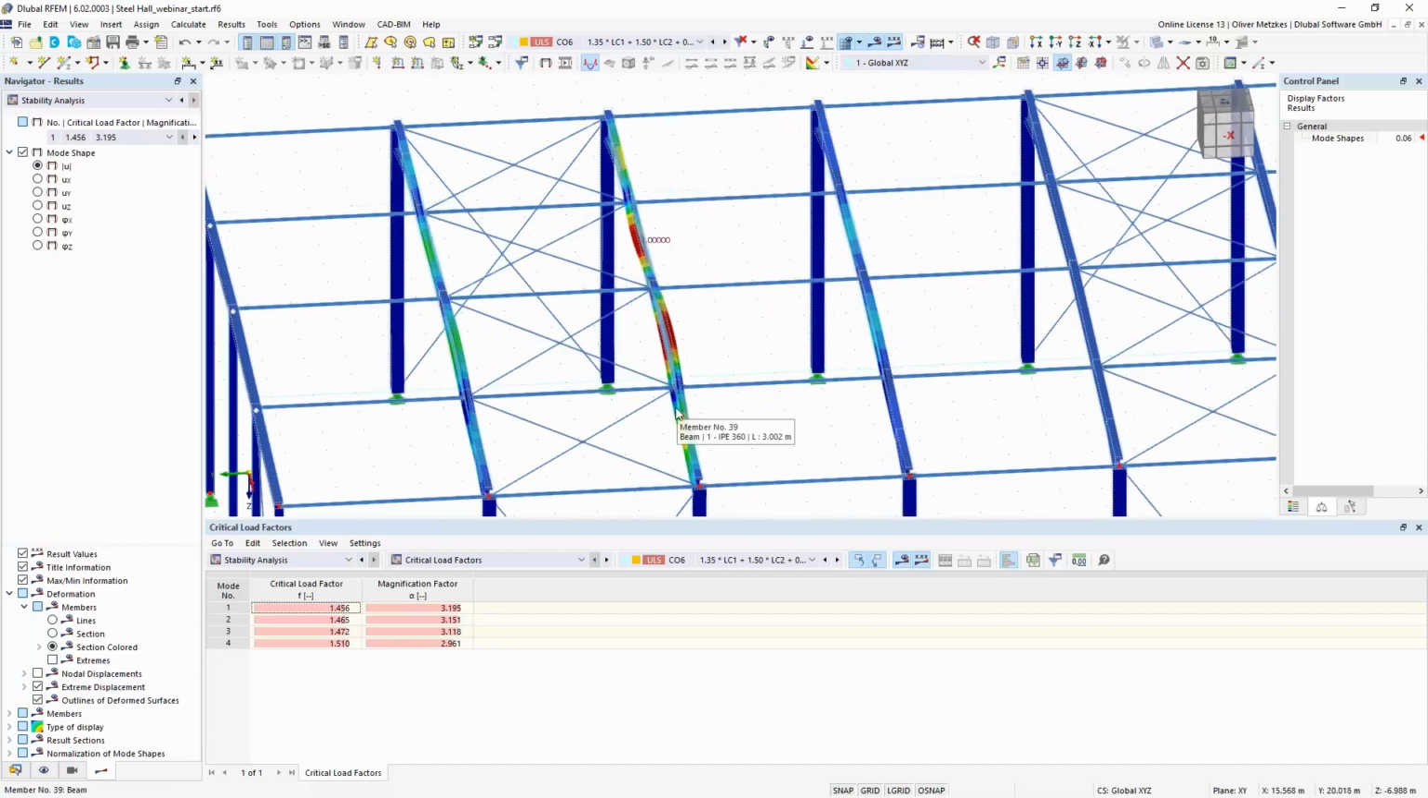And automatically, as we are working in a 3D model, the stiffness of all adjoining elements is also considered. So the bracings and all the couplings between the members are correctly considered, and so we get this critical load factor. So we can also do detailed stability analysis on a 3D model, for example, to consider the coupling between beams that are not equally loaded,